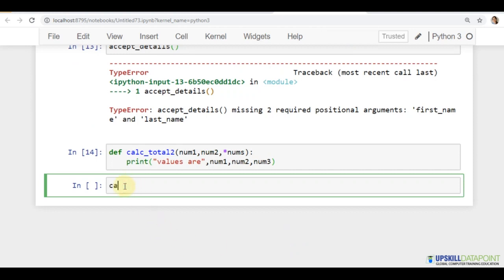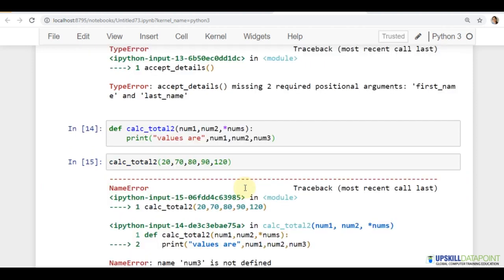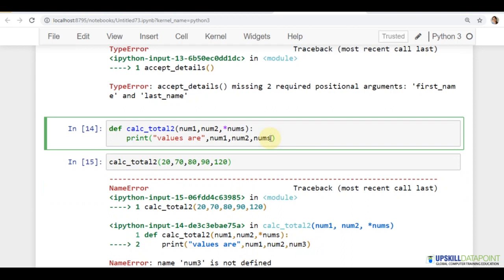Okay, so when I call the function, say I pass here 20, 70, 80, 90, 120. This was nums.